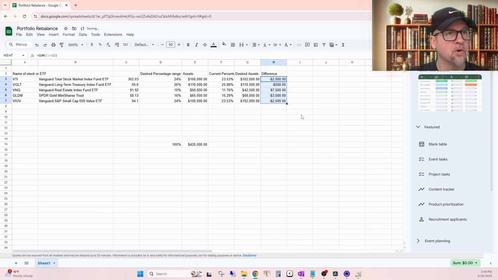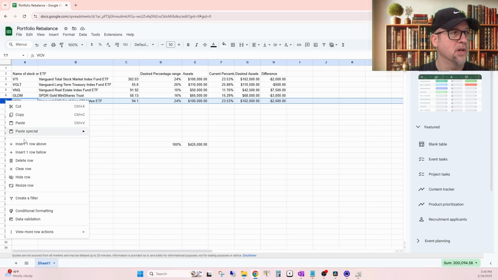There we go. So now it's telling me that this one we're just at 15.29%. We're a little bit high. To get it back into our desired amount, we want to take off negative $3,000. Okay, so now we can pretty this up, and if you ever need to add columns here,